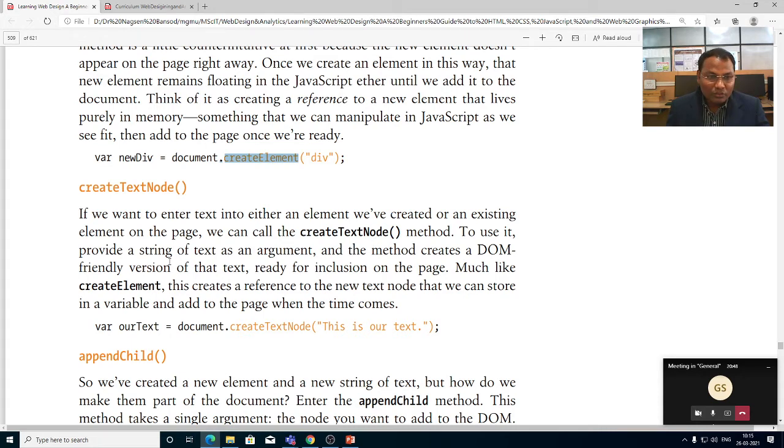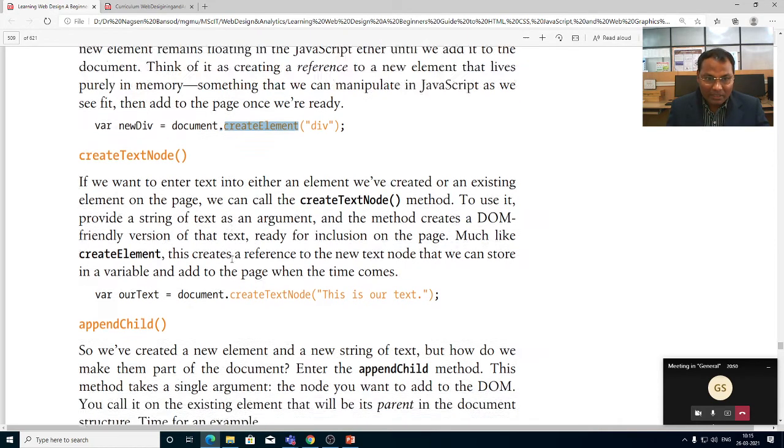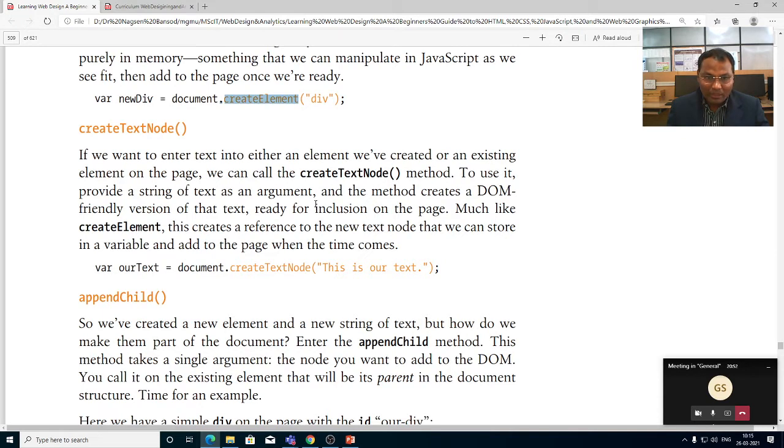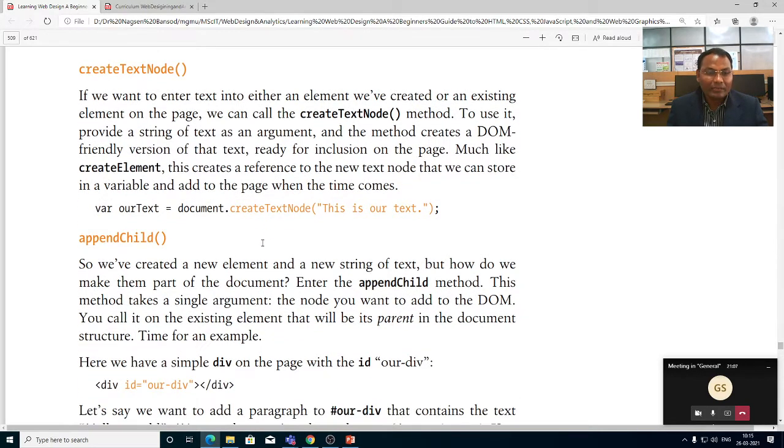To use it, provide a string of the text as an argument, and the method creates a document object model friendly version of that text, ready for inclusion on the page, much like createElement. This creates a reference to a new text node that we can store in a variable and add to the page when the time comes.